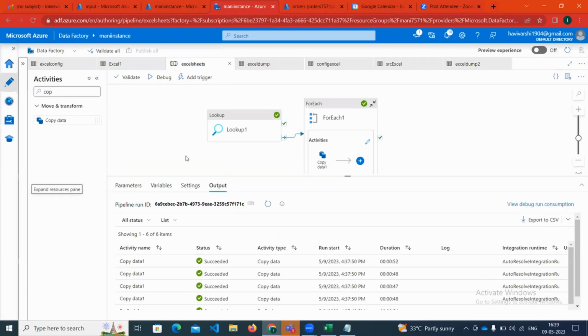So this is not a big deal. This is a very simple question, most of the time asked at the time of interviews. You have the Excel file with multiple sheets, and for each and every sheet I need to create a table. For freshers, this kind of question will be asked. For experienced people, they will modify it more and ask about some of the transformations we want to include. Like we had two sheets,